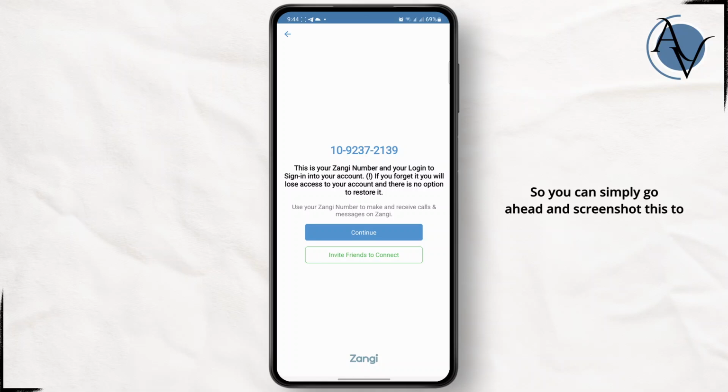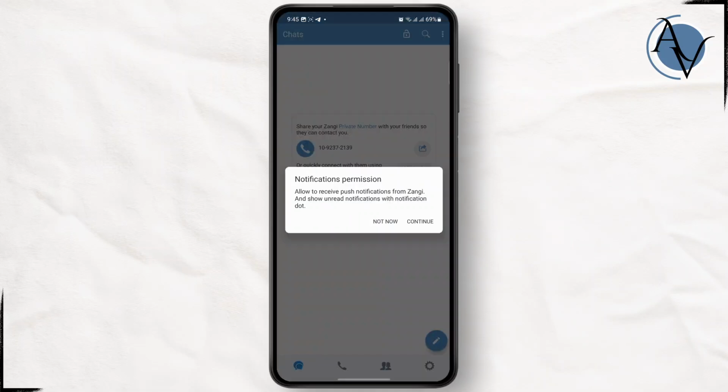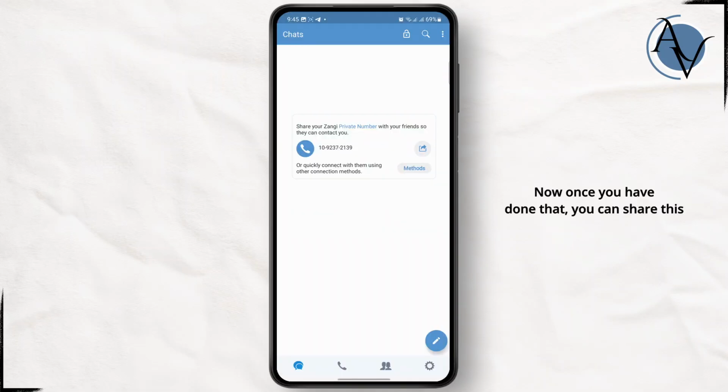So you can simply go ahead and screenshot this to remember your number and then click on continue. Now once you have done that, you can share this to add friends on the Zangi app and you can chat with them, call them,